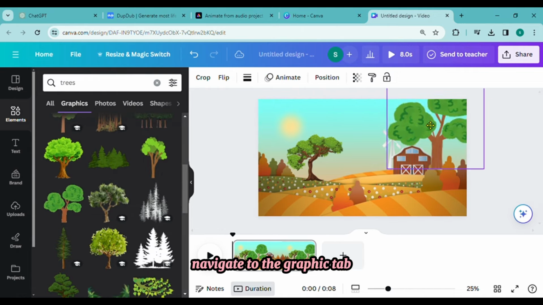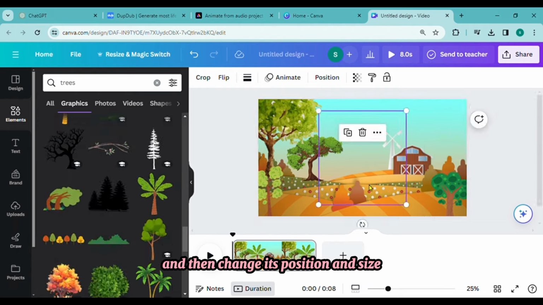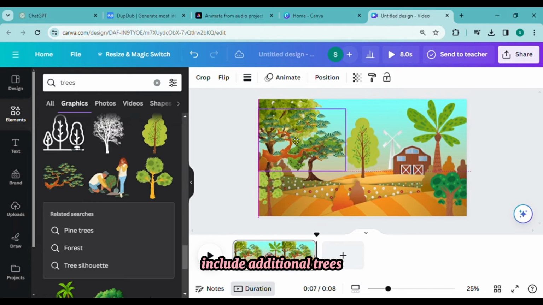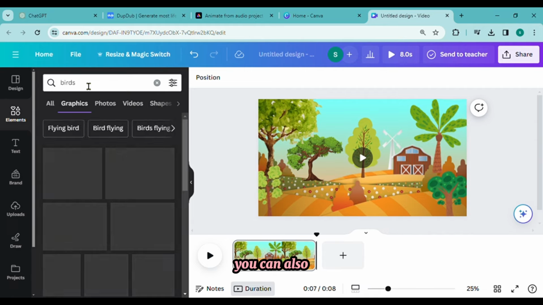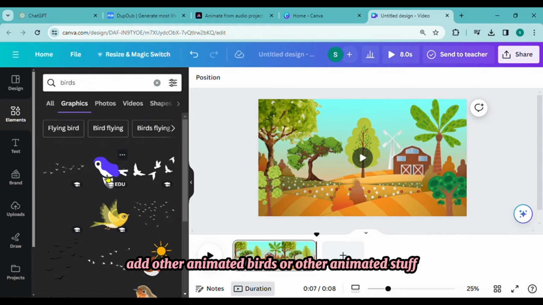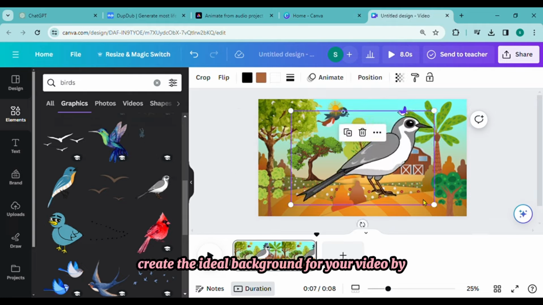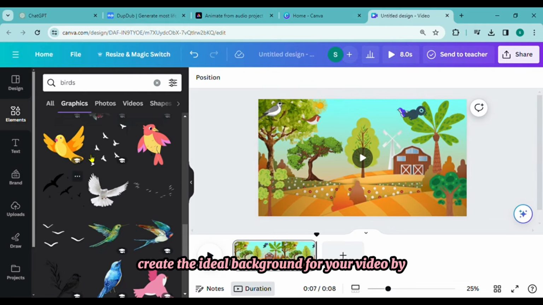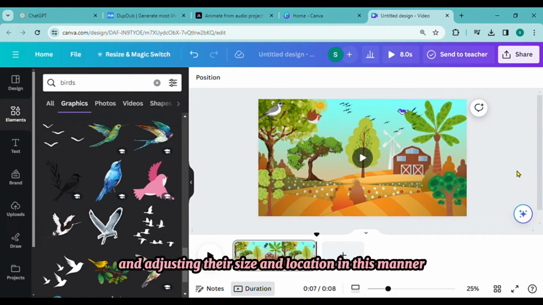Navigate to the Graphic tab, choose Trees from this list, and then change its position and size. In this manner, include additional trees. To further enhance the visual appeal of the video, you can also add other animated birds or other animated stuff. Some of them are useful to you. Create the ideal background for your video by adding trees and birds and anything else and adjusting their size and